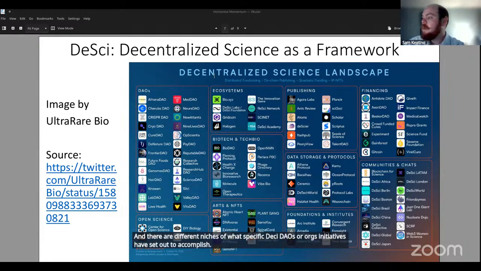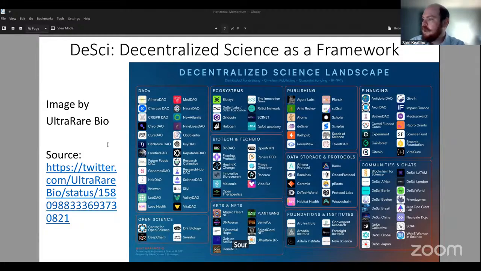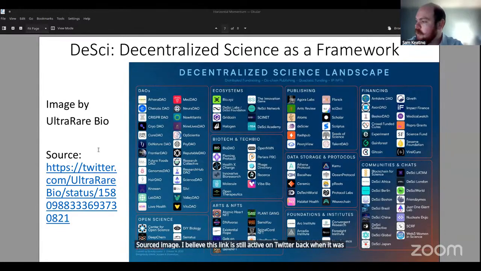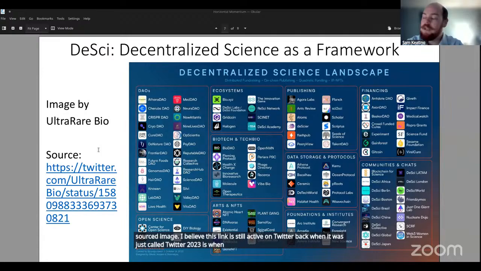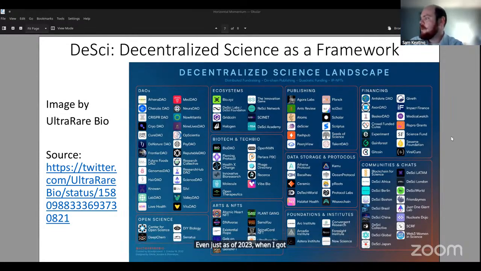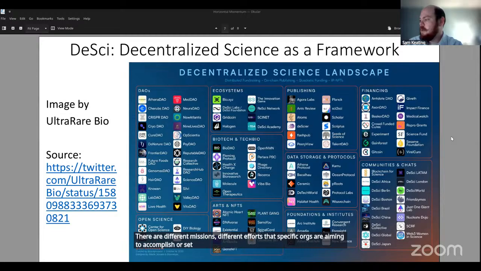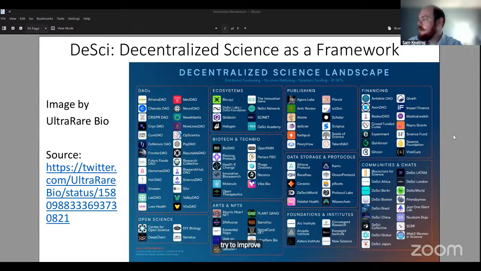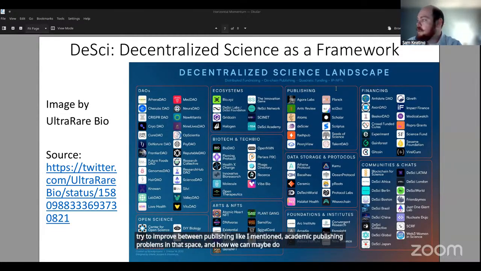This particular sourced image, I believe this link is still active on Twitter, back when it was just called Twitter. 2023 is when I grabbed this link. So this is somewhat outdated. It's heavily outdated with how fast the space moves. But I wanted to convey that even just as of 2023, when I got this snapshot of the landscape in DeSci, there are different missions, different efforts that specific orgs are aiming to accomplish or set out to try to improve between publishing, like I mentioned, academic publishing, problems in that space and how we could maybe do better, as well as financing,